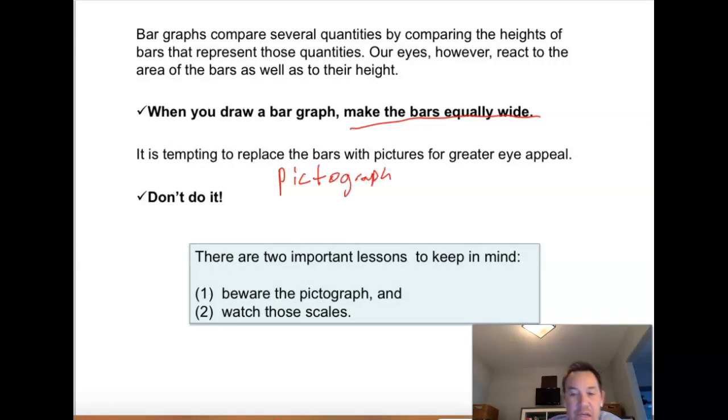That's where you use pictures instead of bars. But because your eye is drawn to the area that the picture takes up, and when you enlarge that picture, the area enlarges disproportionately, it's a bad idea to use pictographs. All right,